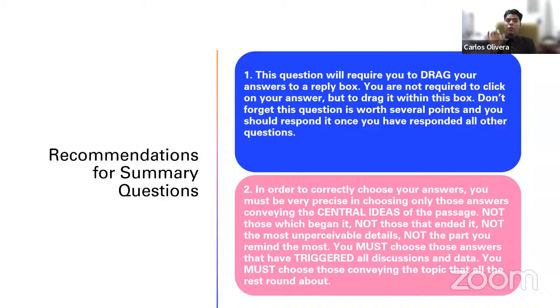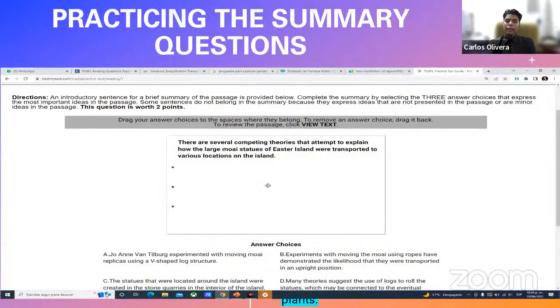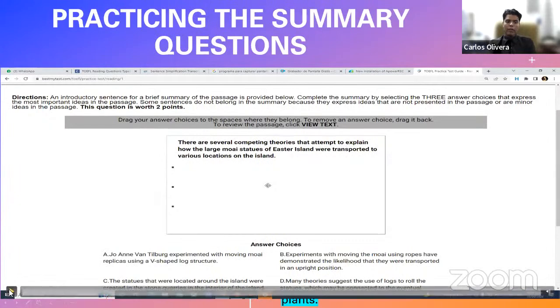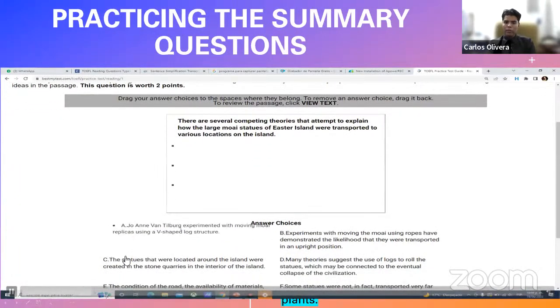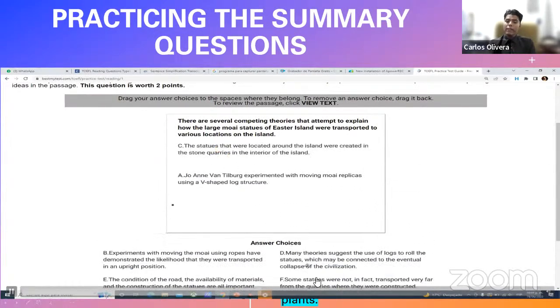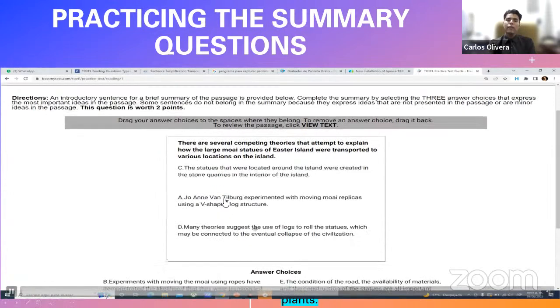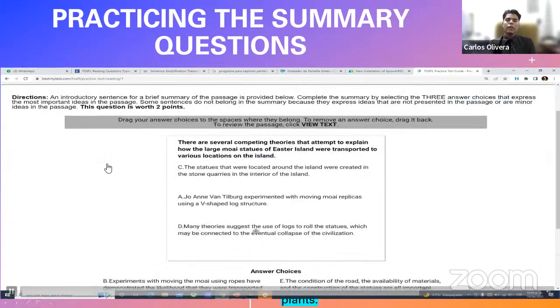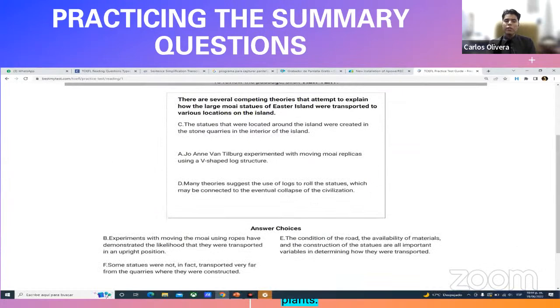No, it is the correct answer only if it is the main idea, only if it triggers the discussion, only if it provokes the discussion, only if all the rest of the elements surround that specific idea. That is what you have to choose. So when you see this specific question, I'm going to repeat, you simply have to read your possible answers that are going to be below your box, as you can see here, and you have to drag them. Every single one of them is going to be an idea. And if it is a main idea, you drag it to your box, and then you are done, okay? Is there any question about this type of question, the summary question?